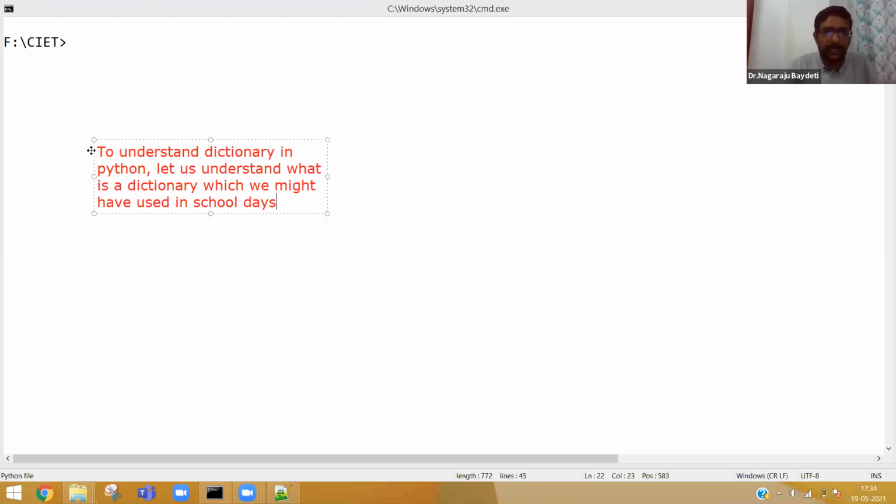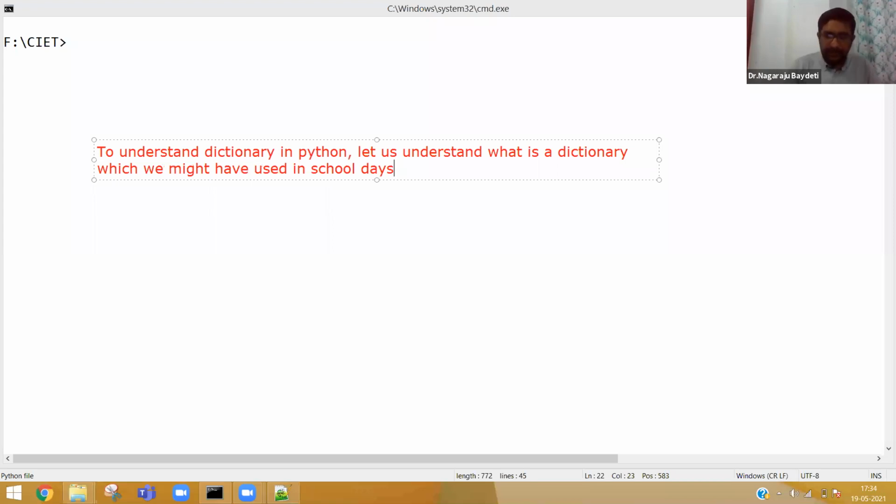Tell me, what is a dictionary? Everybody will know, no? Telugu to English dictionary, English to Hindi dictionary, Hindi to Telugu dictionary, right?